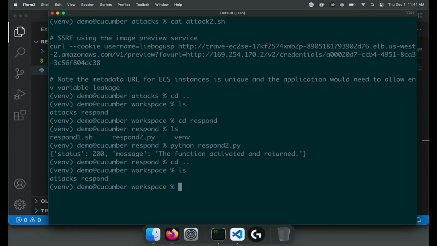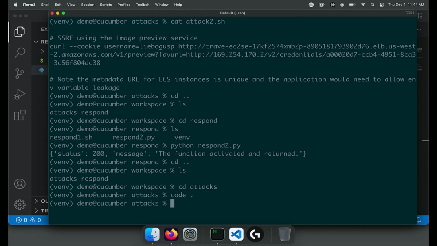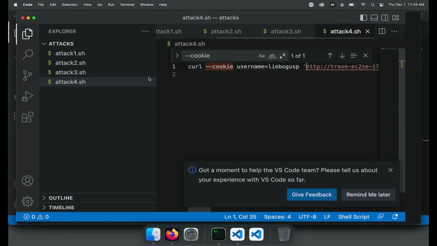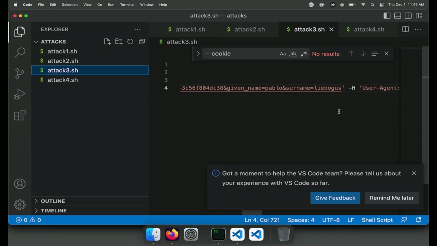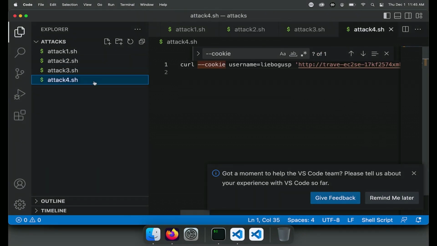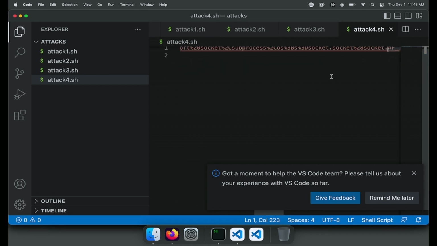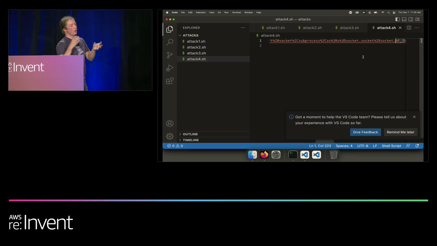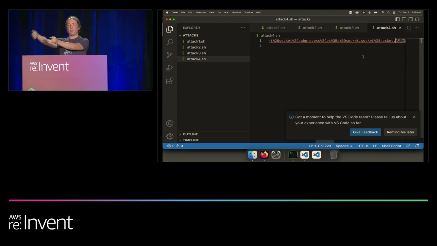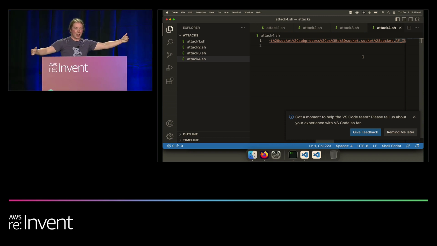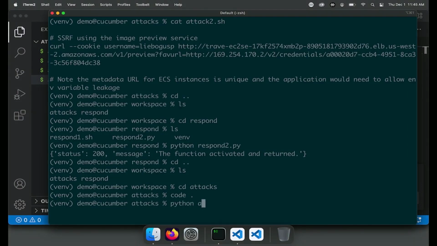So we have an example of a Python reverse shell here. I think this is the one, attack 4. Yep, this is the one. And so what this has in it, arbitrarily, is a whole bunch of really dangerous-looking Python subprocess and socket statements that are URL encoded that are going to be passed to a parameter, and then it's going to spin up a Python subprocess that's going to phone out to a netcat listener, and then that's going to give the adversary a reverse shell. So when we actually execute this on the system,